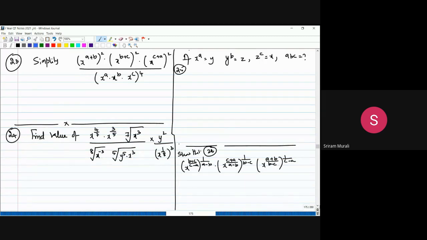How do you simplify this? The same way. Equate to the same base. What are the powers of x? It is x power 2a plus 2b, then 2b plus 2c, then 2c plus 2a, divided by x power what will come? 4a plus 4b plus 4c. If it comes to numerator, again both will get cancelled. It is x power 4a plus 4b plus 4c divided by x power 4a plus 4b plus 4c. Answer will be equal to,